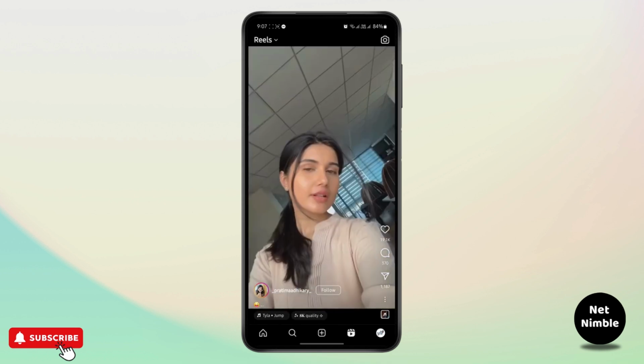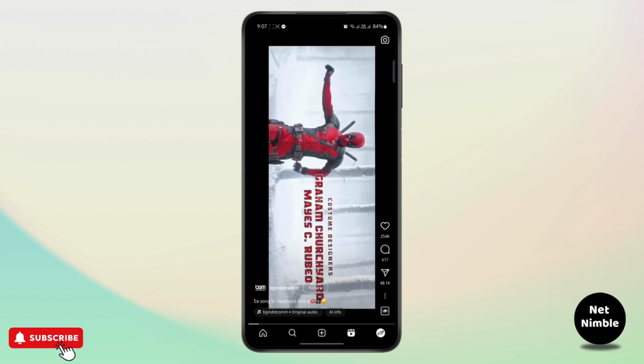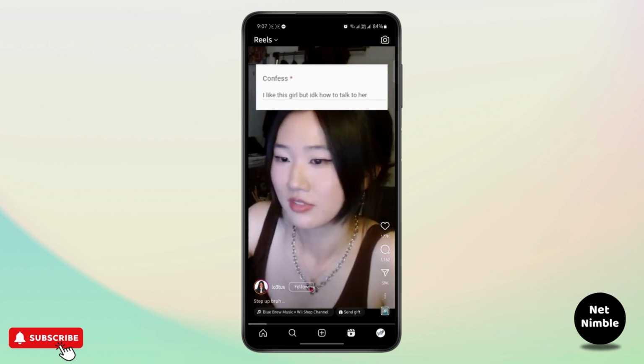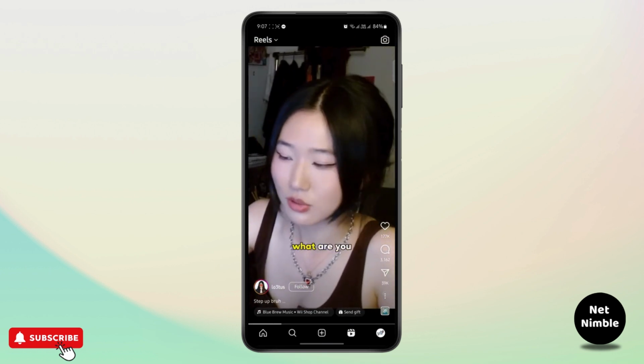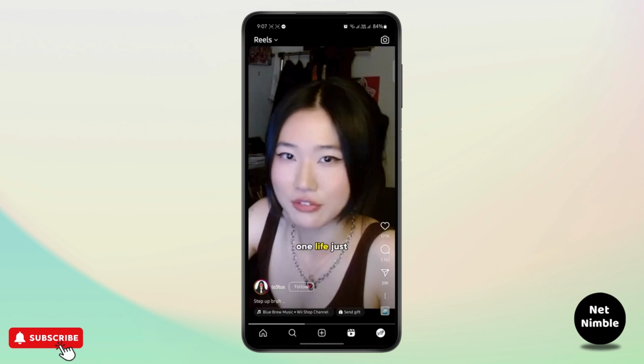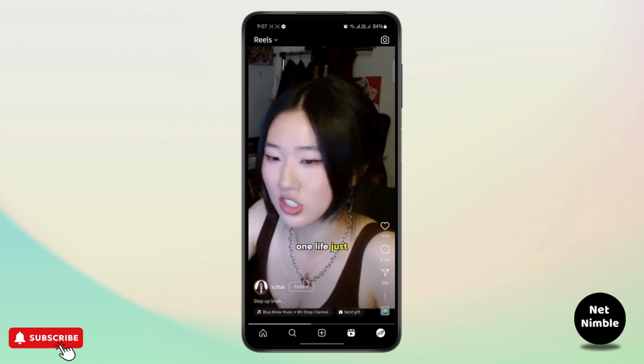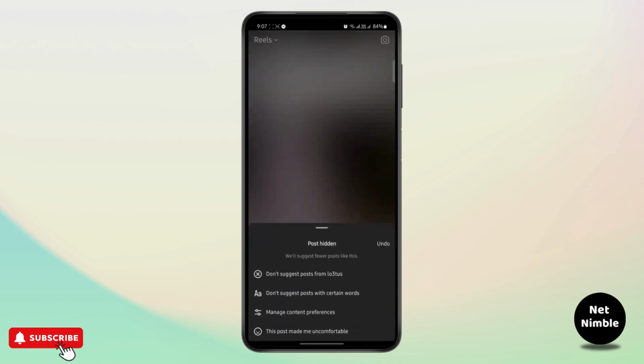So just go to the reels section. And let's say if you don't want to see a certain type of reels, what you can do is tap on these three dots right here and simply tap on not interested. You can choose your not interested reason, so you can do it here,